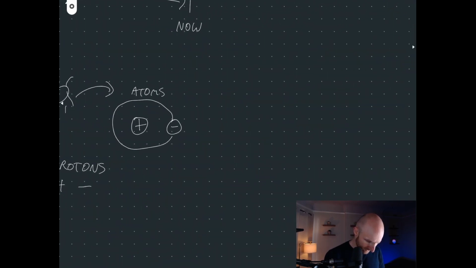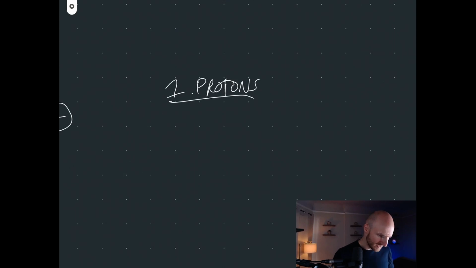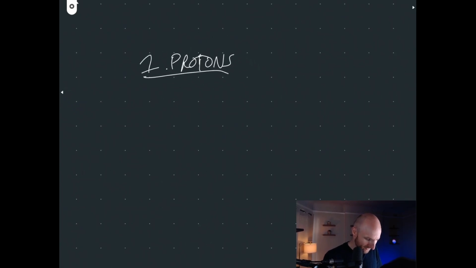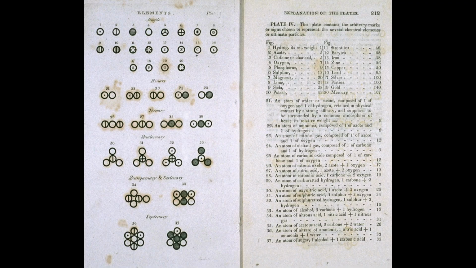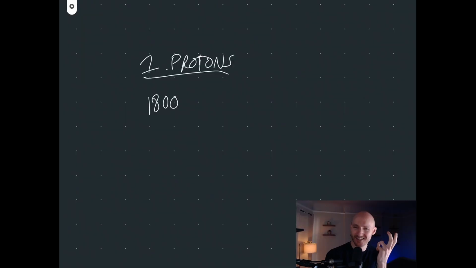Let's zoom in and talk about protons. How the heck did the first protons form? The first question here is, what is a proton even made out of? This is a funny thing because over time, in the early 1800s with Dalton and everybody, they were first finding out maybe things are made of something. They don't just have an essential quality to them. And maybe those things are a very small thing.